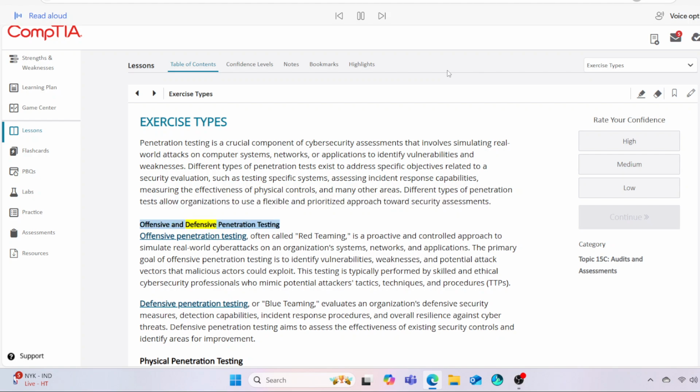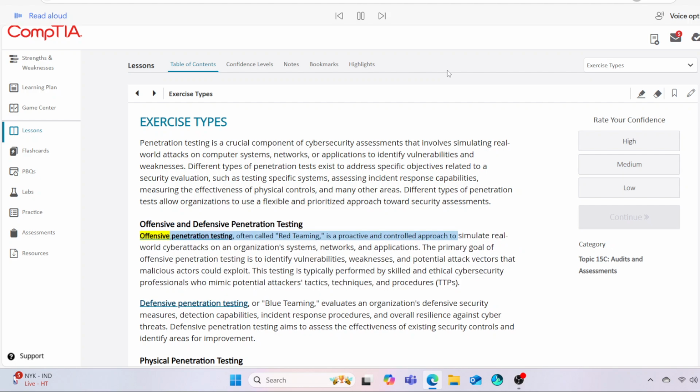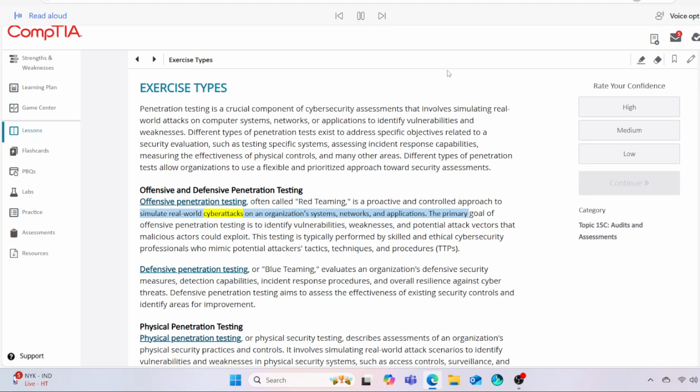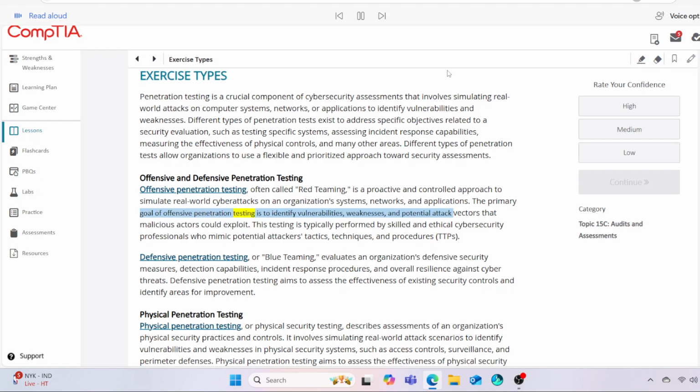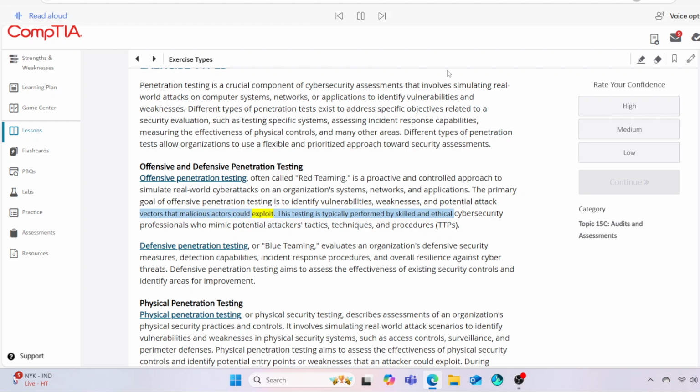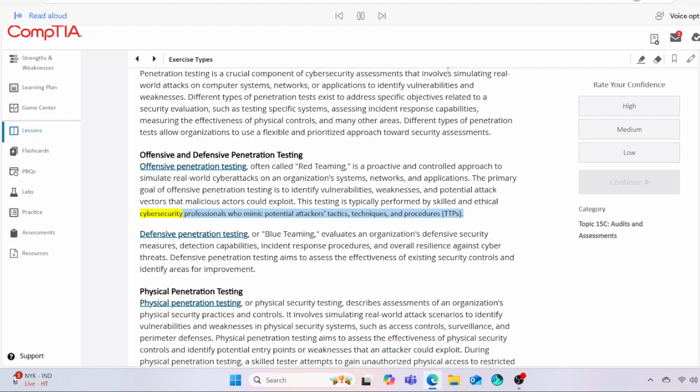Offensive and defensive penetration testing. Offensive penetration testing, often called red teaming, is a proactive and controlled approach to simulate real-world cyber attacks on an organization's systems, networks, and applications. The primary goal of offensive penetration testing is to identify vulnerabilities, weaknesses, and potential attack vectors that malicious actors could exploit. This testing is typically performed by skilled and ethical cybersecurity professionals who mimic potential attackers' tactics, techniques, and procedures,